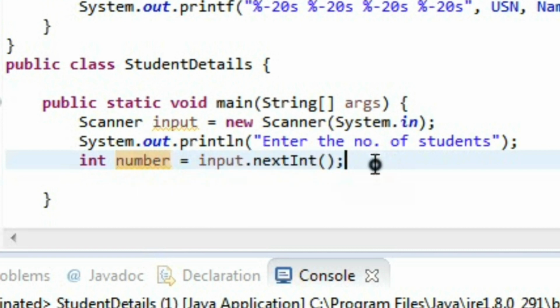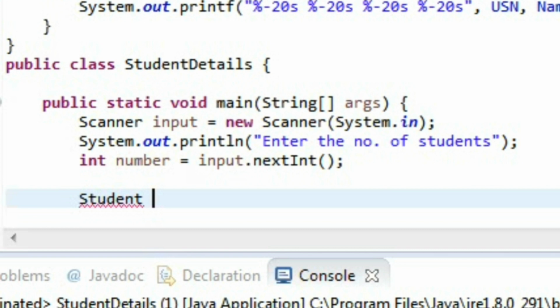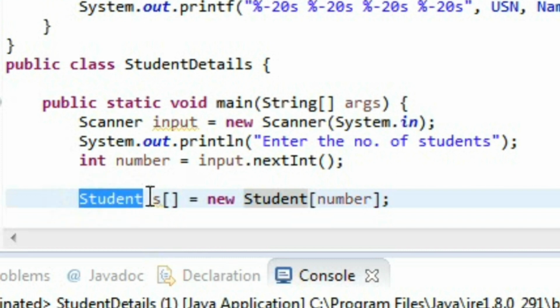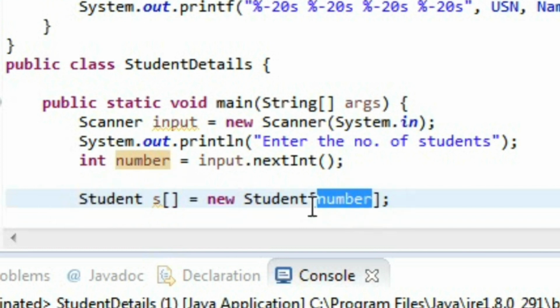If there are 3 students, next we have to create an array for storing all the student details in a single place. This is the code for the array, new student number. Here we are creating an array of student type, and however many students we want, that many elements of the array will be created.